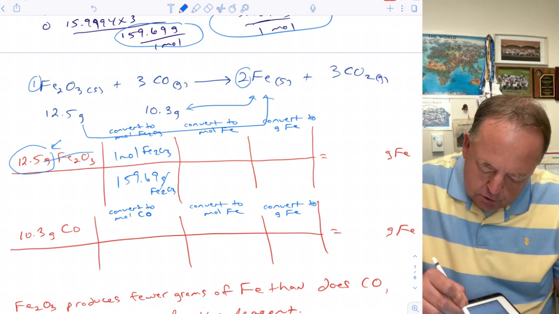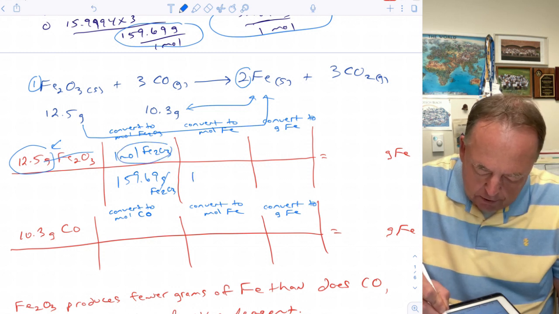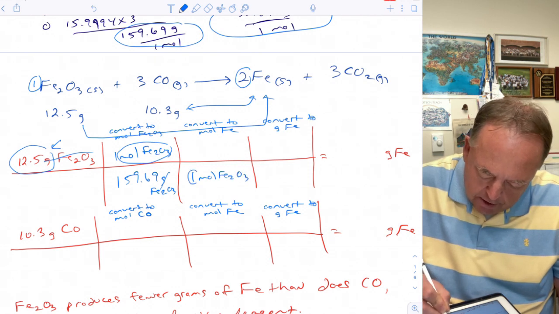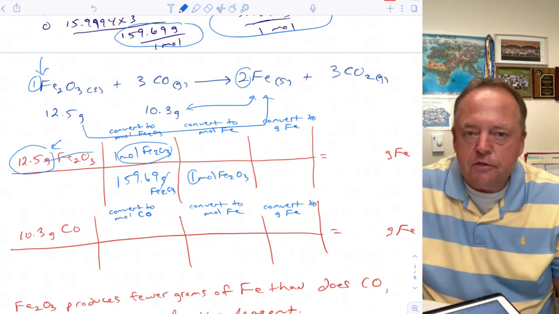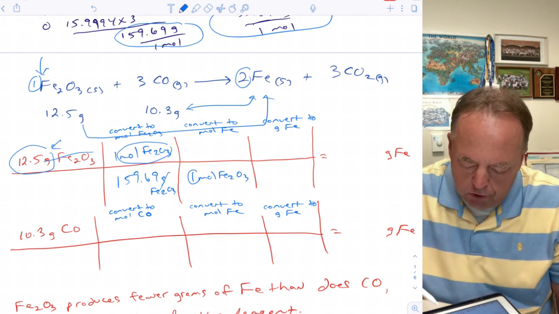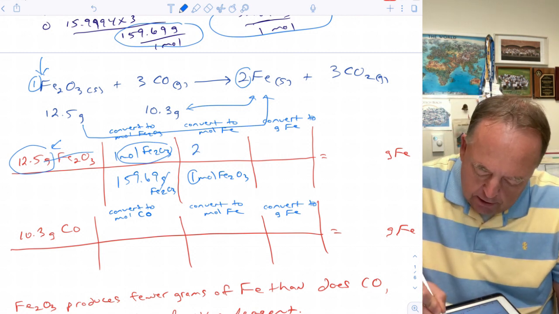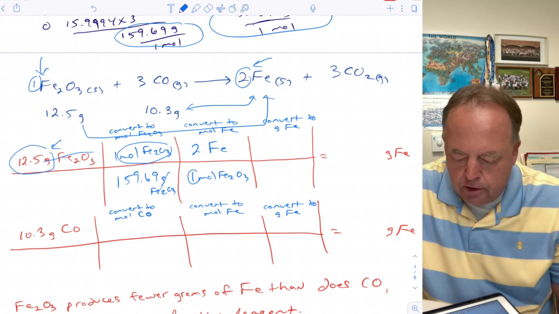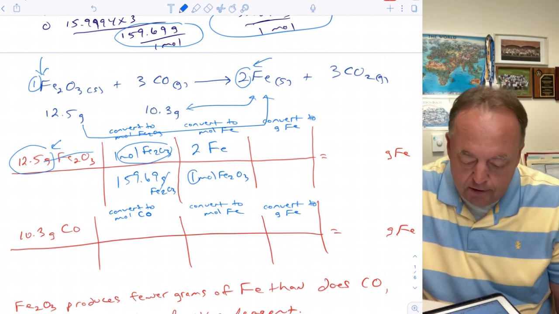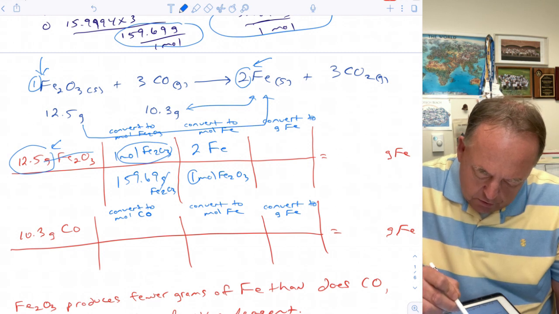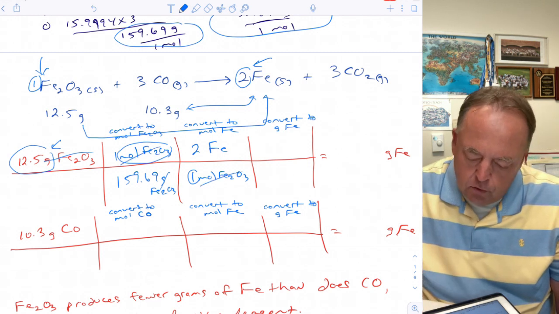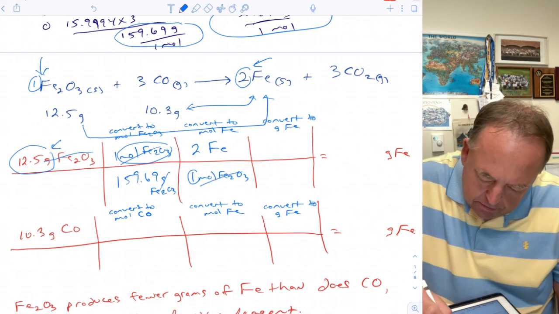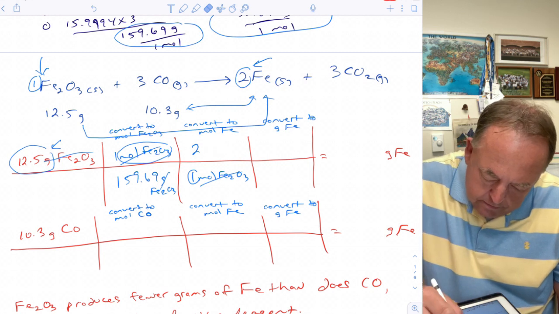So since moles of Fe2O3 is on the top here, we need it on the bottom here. So 1 mole of Fe2O3, right? The number here is the coefficient in front of it in the chemical equation. And then that's going to convert to 2 moles of iron, and we're using the number in the chemical equation for that. Okay, so now moles of Fe2O3 cancel out. And sorry, there should be 2 moles